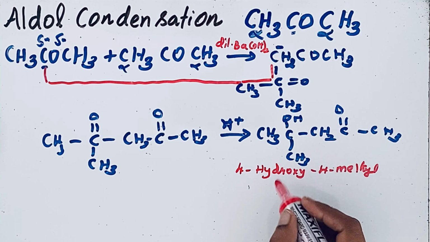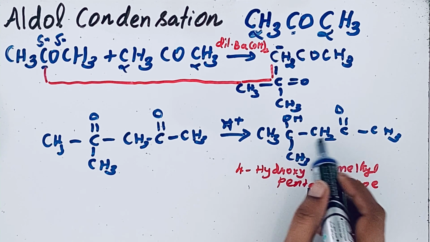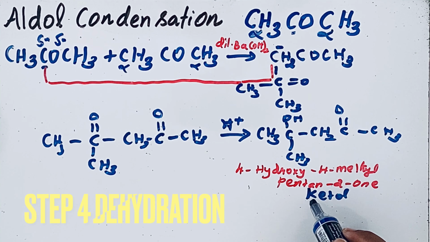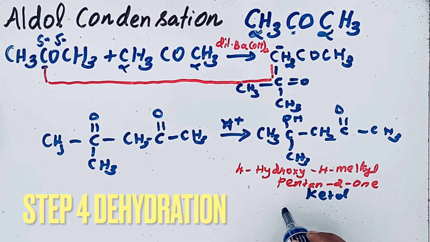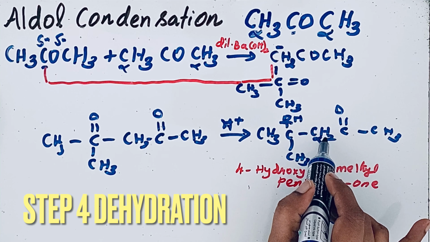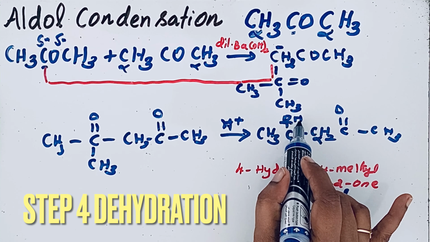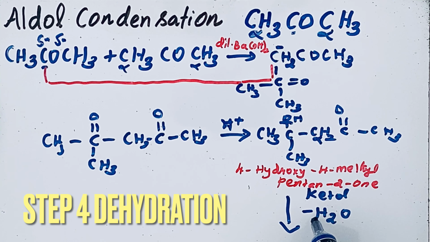It's also called a ketol because one ketone group is present, C double bond O, and then an OH group is also present. So this is called a ketol. This readily undergoes dehydration. Dehydration means removal of a water molecule. So here this OH group and that acidic hydrogen. Which is the acidic hydrogen here? The carbonyl group is here, so this is the acidic hydrogen. One hydrogen atom and one OH minus ion will leave as minus H2O, resulting in the formation of the aldol condensation product.